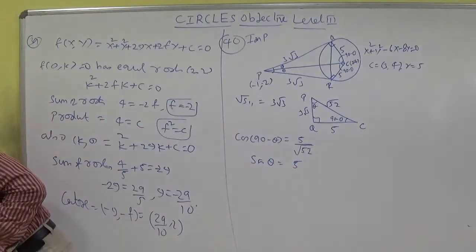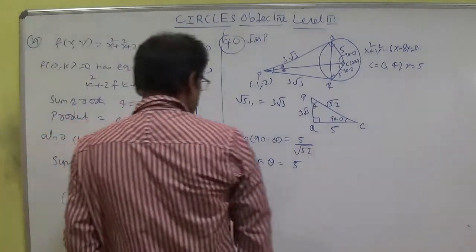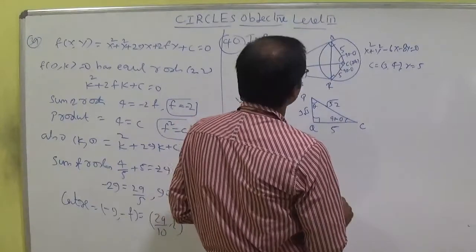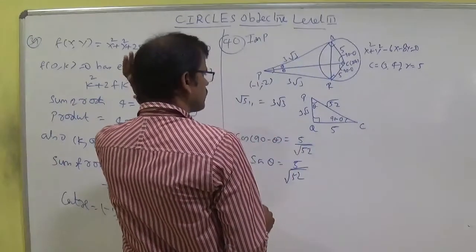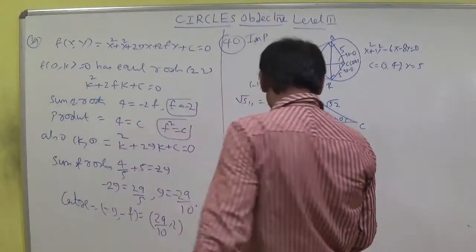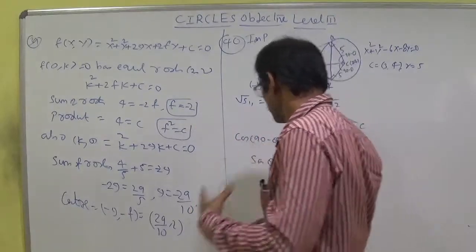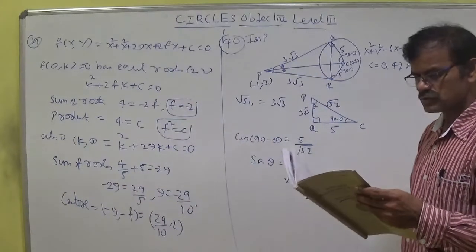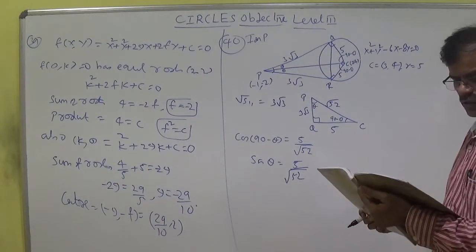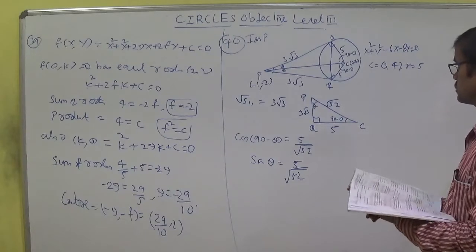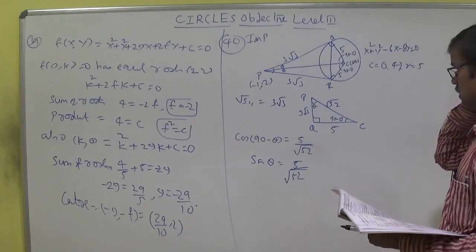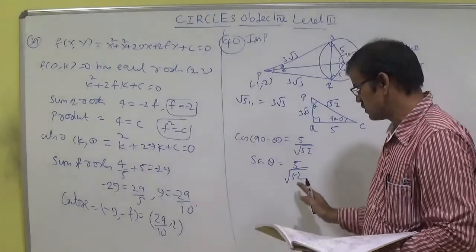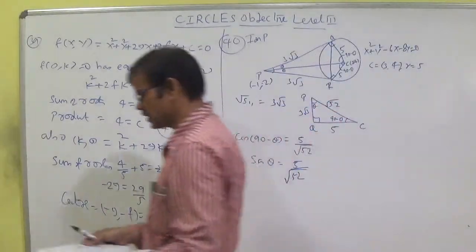Let us verify the option. Sin theta is equal to 5 by root 52. So theta is equal to sin inverse 5 by root 52. So sin inverse 5 by 2 root 13 is there, but the option is not in the proper form. So we should decide here 90 minus theta, everything is okay. So let us take sin theta. It's okay, student, it is not wrong, but the option is not there. According to the options, we should calculate.